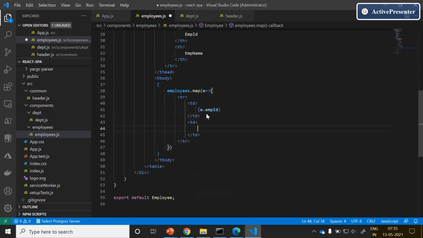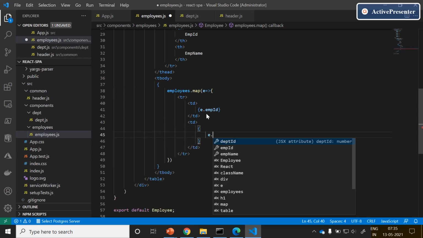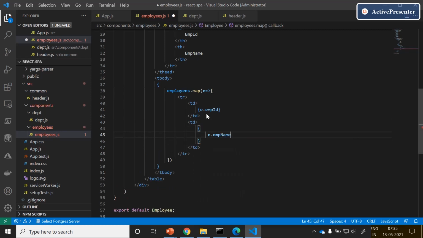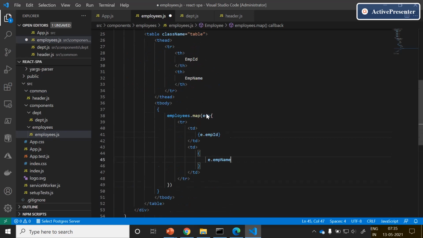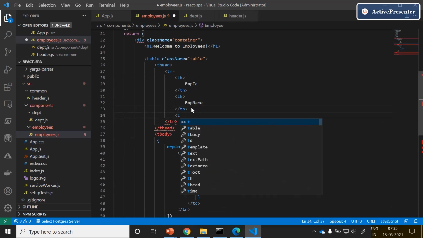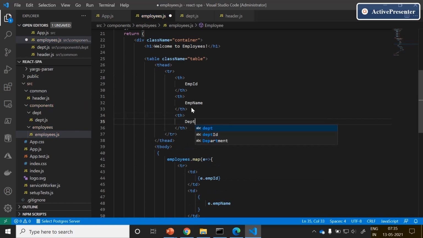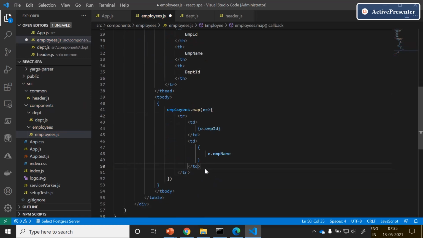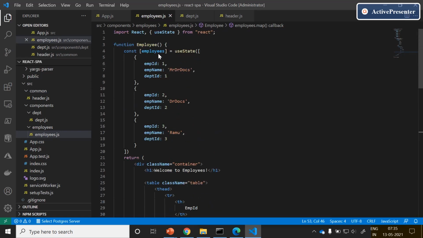One td contains the employee ID, one more td contains the employee name. In the same way, department ID as well. With this, we are done with iterating over the employees information.